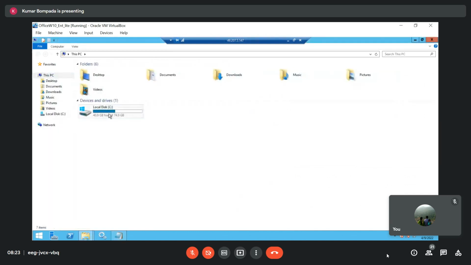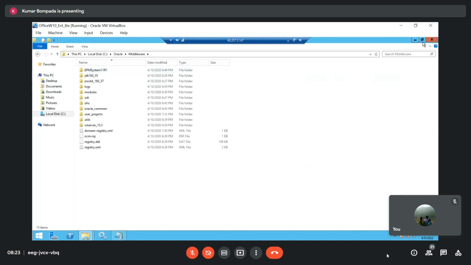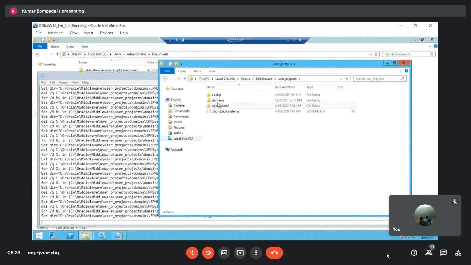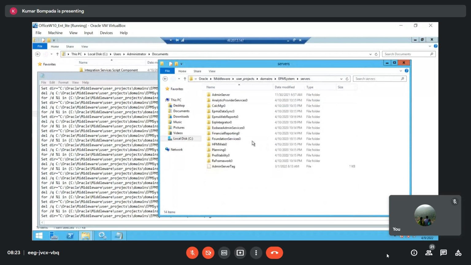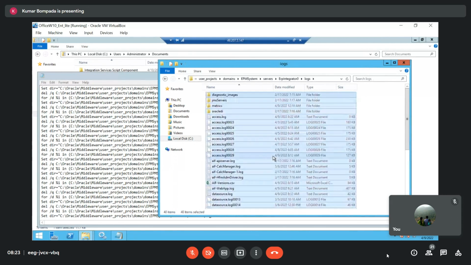See, I have to go to Oracle middleware. See here you have, right, user projects, domains, EPM system. So here servers. So first see FDM server. Where is FDM server? Integrator. This is FDM ERP integrator. So I have to go to logs. I have to clear all these log files like this,